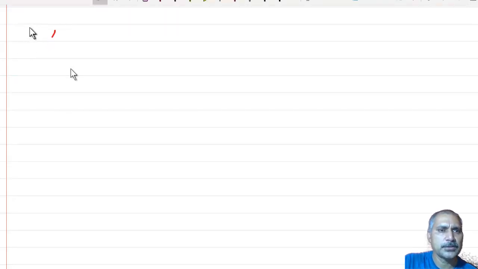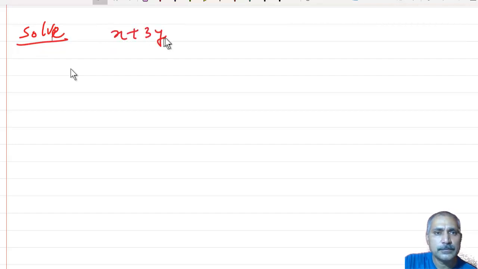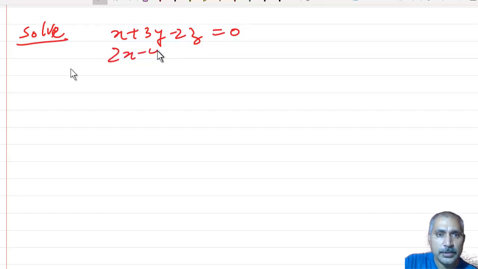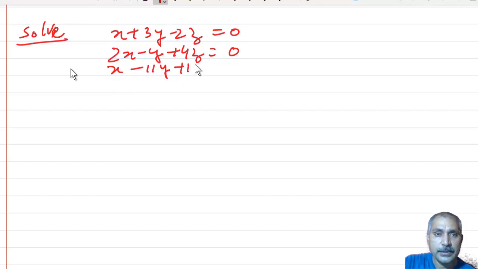Let us take the question. First equation: x plus 3y minus 2z is equal to 0. Second equation is 2x minus y plus 4z is equal to 0. And third equation is x minus 11y plus 14z is equal to 0. In matrix form,